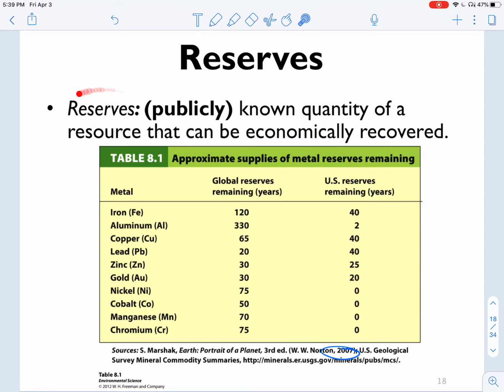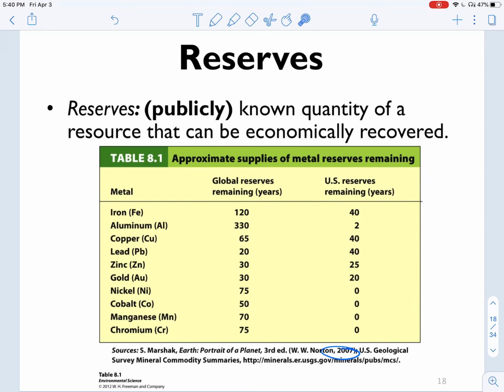Now the reserves, this is the definition, and I added, this is also from the book though, of the publicly known quantity of a resource that can be economically recovered. There are a lot of private companies and private people that have resources that haven't been accounted for. So it's difficult to really know how much of this stuff is left. But these are some of the publicly known quantities of global reserves versus US reserves,